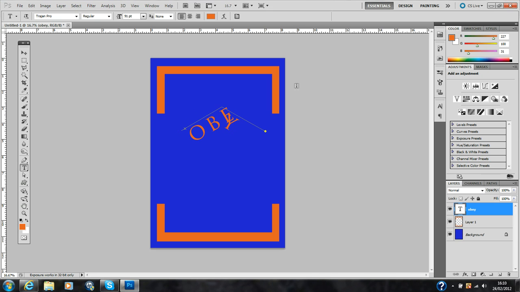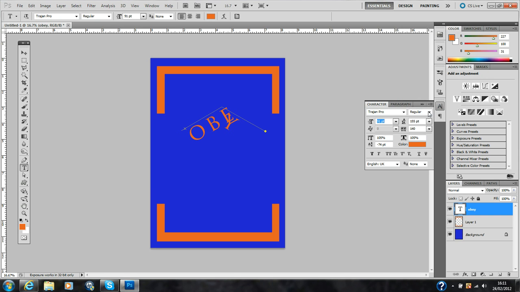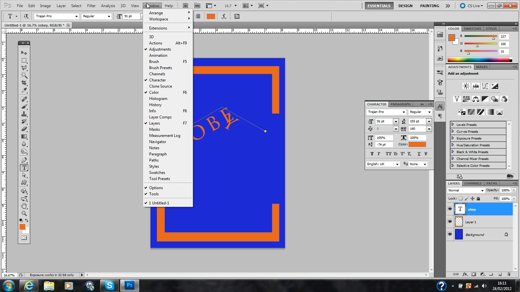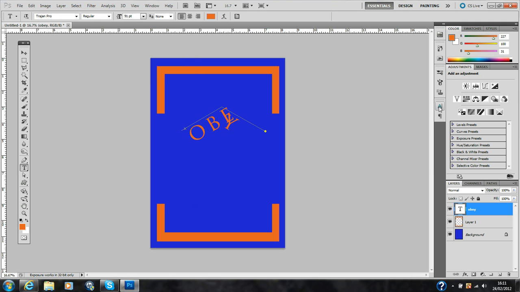So what we're going to do is, it looks a mess, don't worry. Yours may be on top, but it's because I've been experimenting. So let me just sort this out. I'm going to go to the Character dialog box. If you can't see that, it's like an A with a line next to it. If you can't see that, go to Window, go down to Character, make sure it's selected, and I'm just going